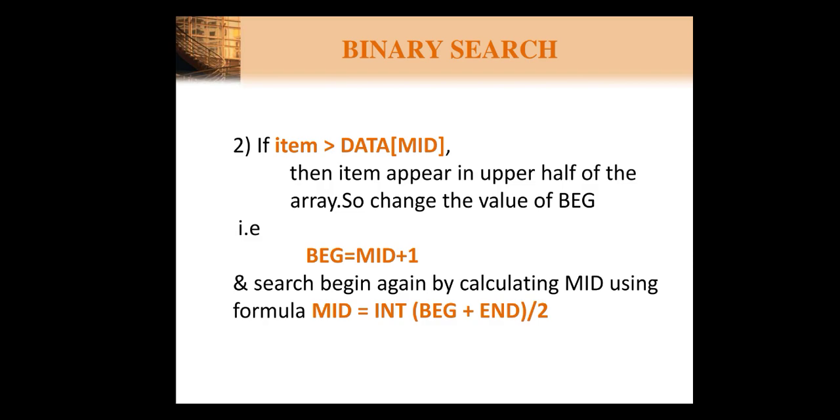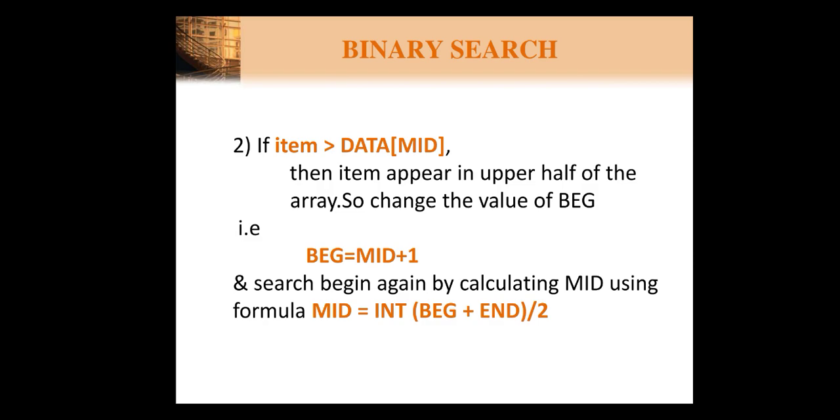This is the case for the ascending order data. Whatever I am talking about is for the ascending order of the data. If your data is arranged in the descending order, the case changes. If atom is smaller than the mid, then it may be present in the upper half. So based on how your data is organized, ascending or descending, based on that you have to set the if condition.